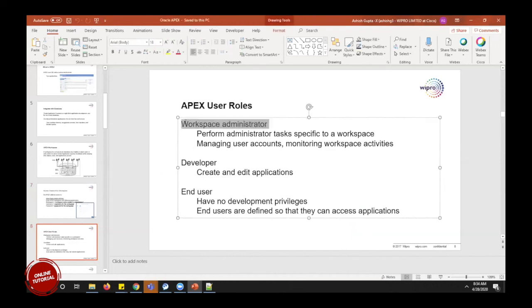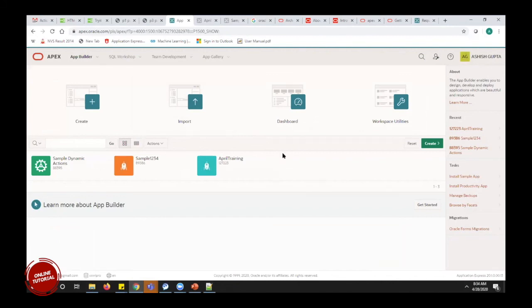Workspace administrator is basically the admin person. Usually this access is with the DBA people, or they keep this access. Then we have a developer, and then we have an end user. Whatever role we have on our screen just now, this is a workspace administrator.